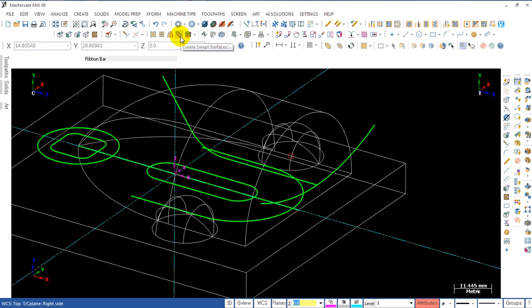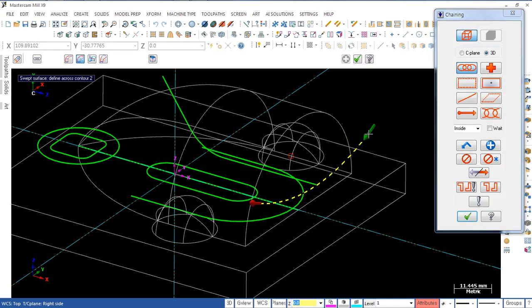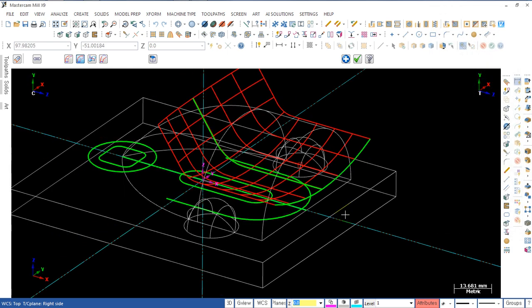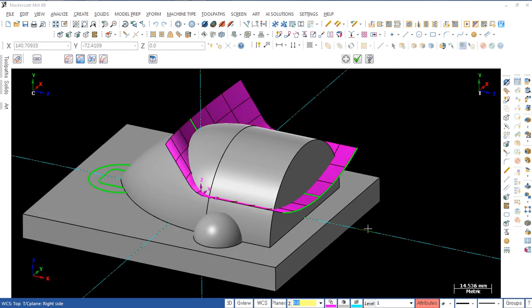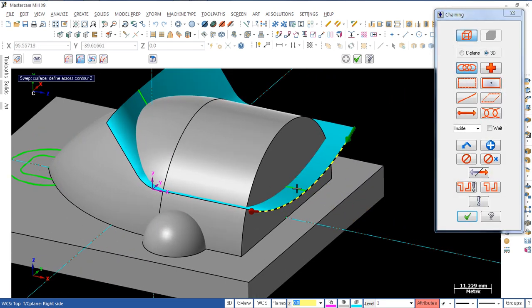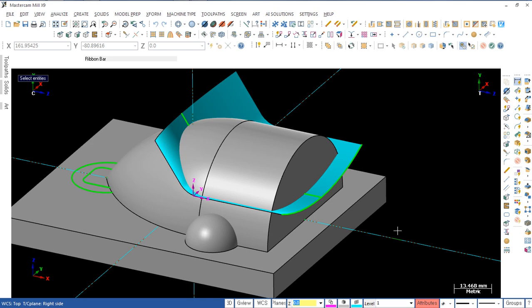So make a sweep surface, select this line first, enter, this line, enter, yes, surface, generate, make it visible, enter, so make it blank,